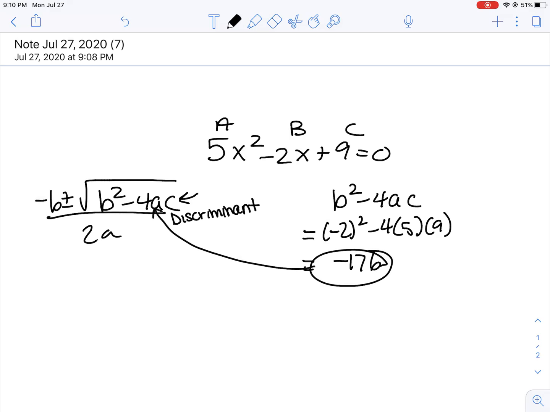So keep in mind, this -176 is going to be underneath the square root sign, and we know when we square root negative numbers, we get imaginary solutions. So I know just based on that number that I'm going to have 2 imaginary solutions. Furthermore, that tells me that the graph of the parabola is not going to cross the x-axis. So that's how you use the discriminant theorem. It's kind of a handy way to give you an idea of what's happening